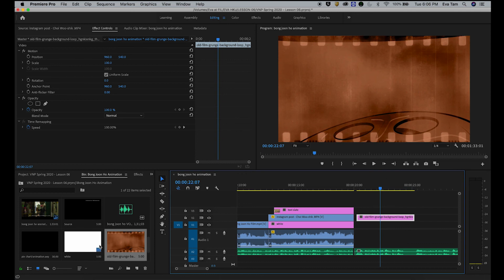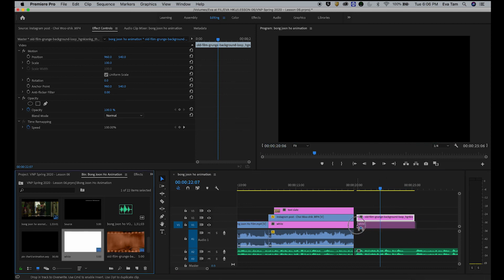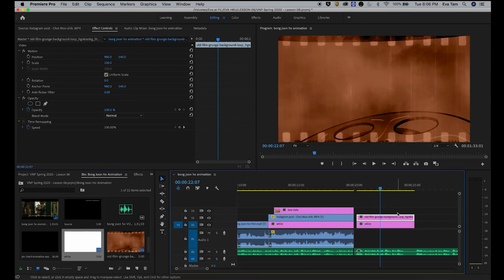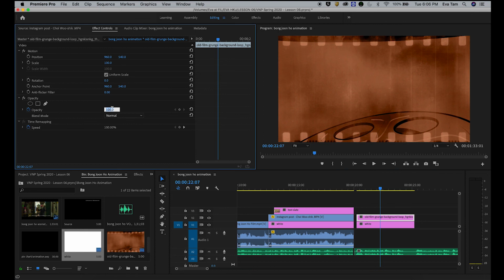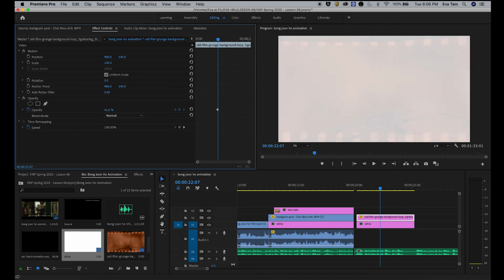But what you can do is mess around with it to make it more of your vision of what it looks like. Normally these backgrounds need to be a bit more subdued. This is way too dark. So I put in a white background underneath, and I'm going to make the opacity a lot lighter, like this.